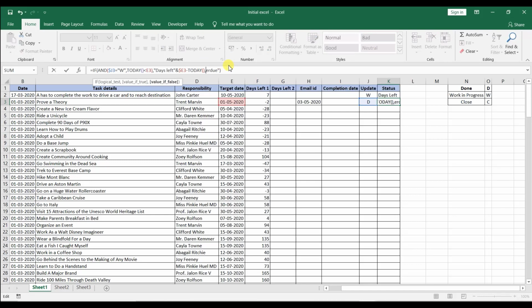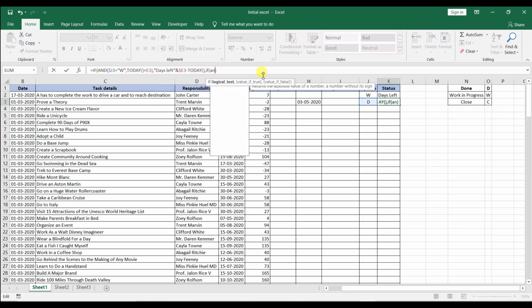That means, let me delete this thing. So what it is showing, what if this full if will be raw. Then what are we going to use? We are going to use, again, there is one if. That means if and